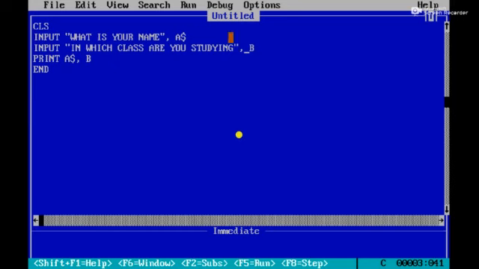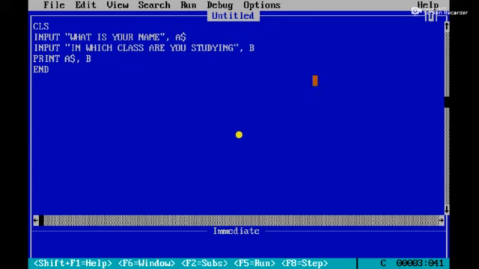So like a print statement, we can use a comma and semicolon in the input statement. What is the difference between these two? If you use a semicolon after the text in the input statement, the question mark appears on the output screen along with the message. But if you use a comma in the input statement after the text, the question mark is not displayed on the output screen. Is it clear, student? Okay.